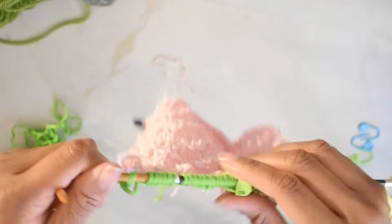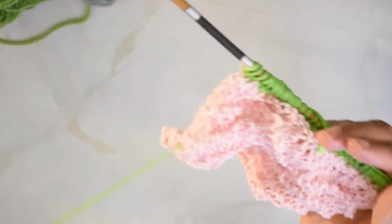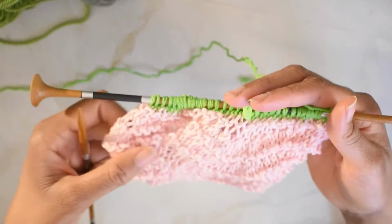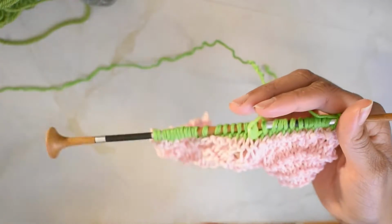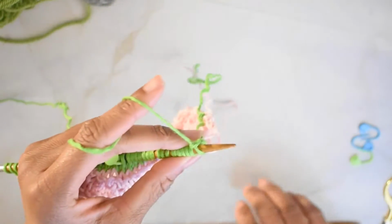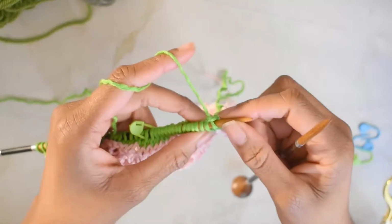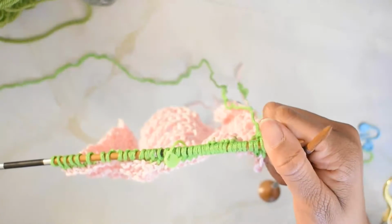Alright, now that we have done that, we are ready to move on to row 3, which is the most complicated part of this pattern. This is how we start to get these ridges of our fans and feathering stitches. Now, what we are going to do is immediately jump into our repeat. So we are going to knit 2 together 3 different times. Knitting 2 together is essentially a decrease,